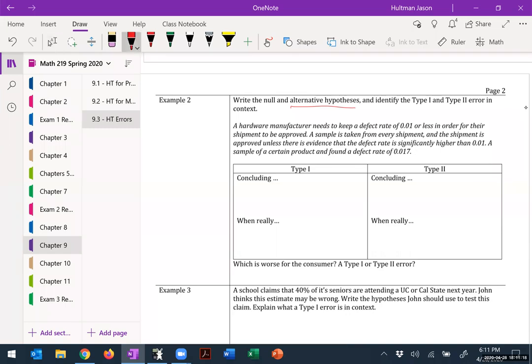A hardware manufacturer needs to keep the defect rate at 0.01 or less in order for their shipment to be approved. A sample was taken from every shipment, and a shipment is approved unless there is evidence that the defect rate is significantly higher than 0.01. So it's approved unless it's higher than 0.01. A sample of a certain product found